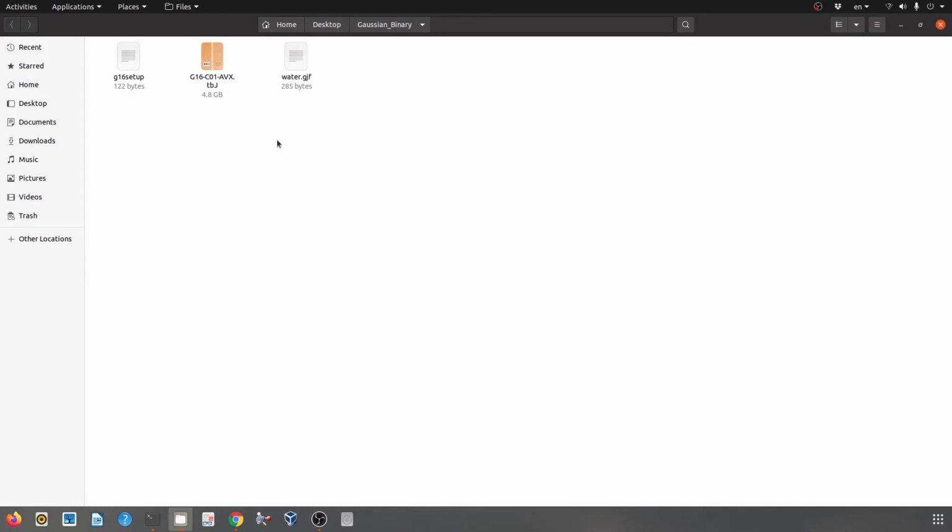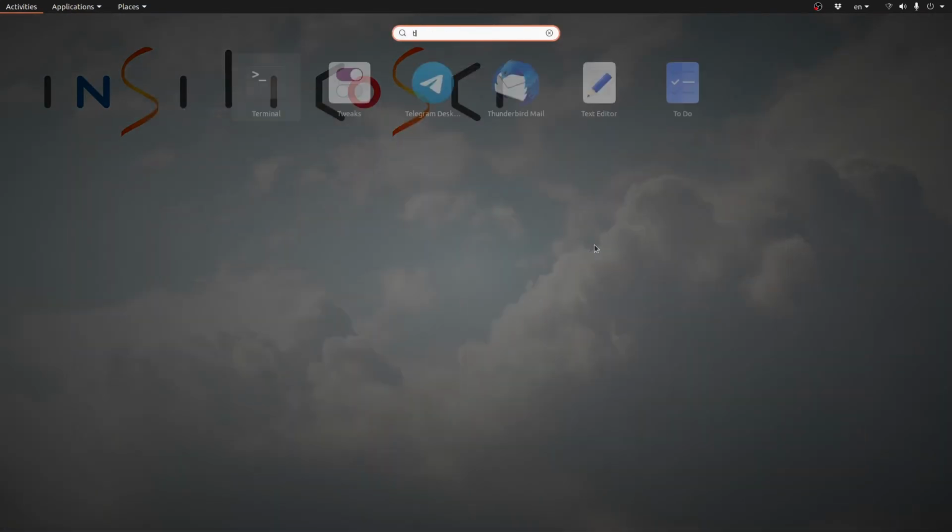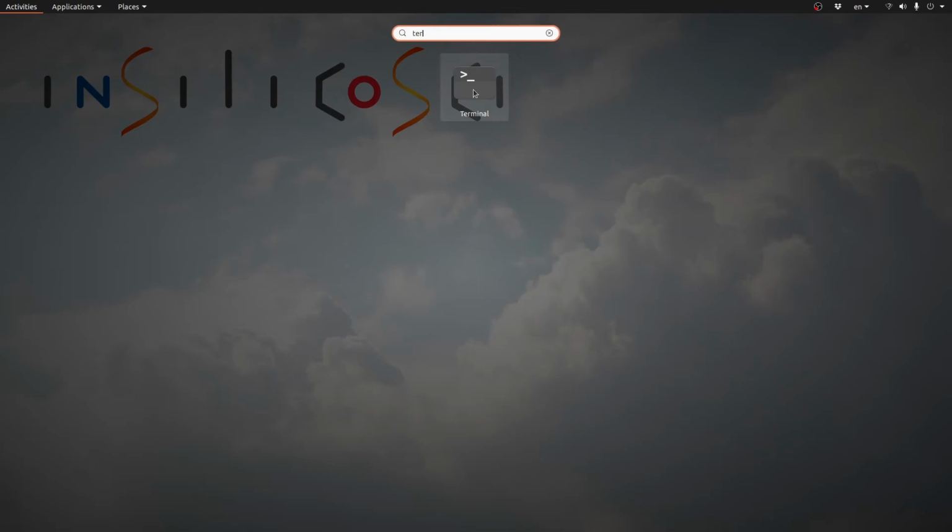Obviously, you can put your files anywhere on your computer, but if you're a newbie Linux user, I recommend you create a folder exactly with this name on your desktop and put your files in that folder, because it makes my instruction easier for you. Okay, let's begin with opening a new terminal window.